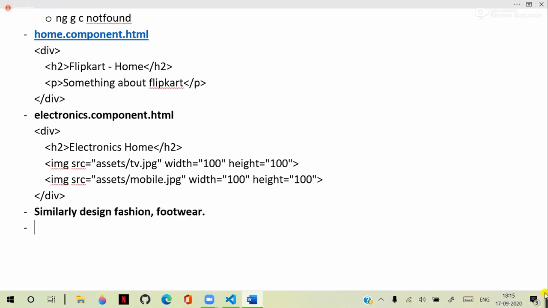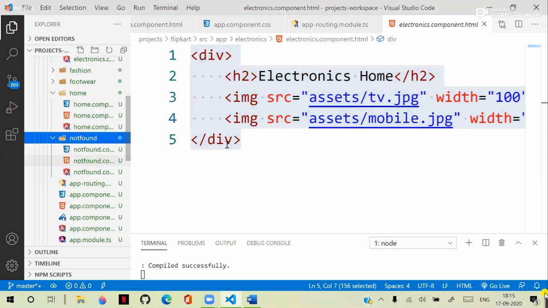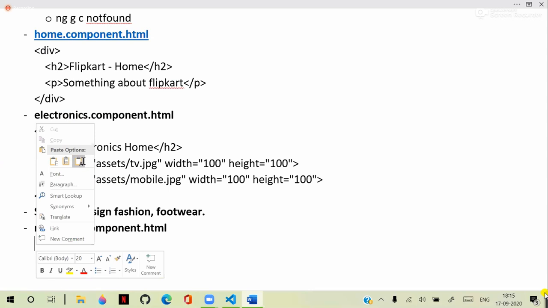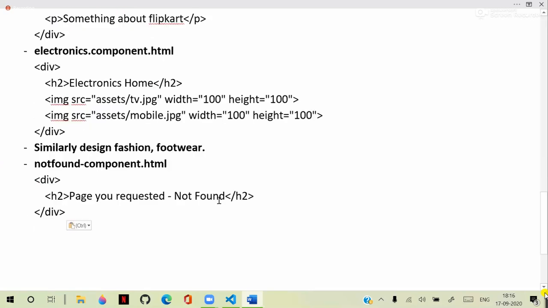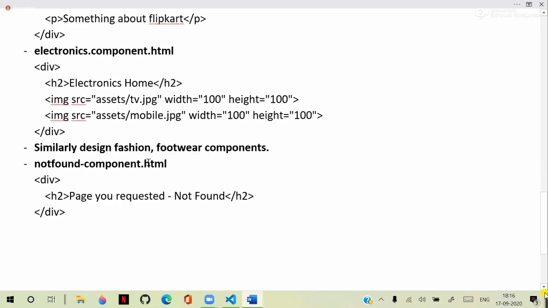Next, in the not found component HTML, we will just keep a message saying the page you requested is not found. We haven't utilized this yet, but we will keep that information there. You have to similarly design the fashion and footwear components. Now once all the components are ready, home, electronics, fashion, footwear, and not found,